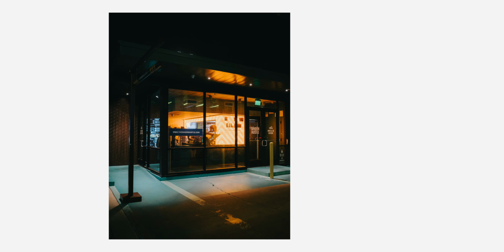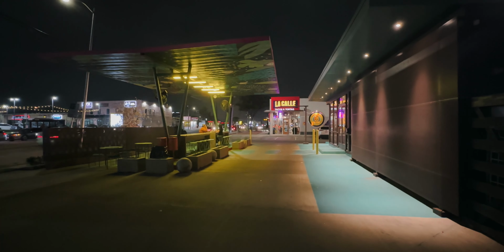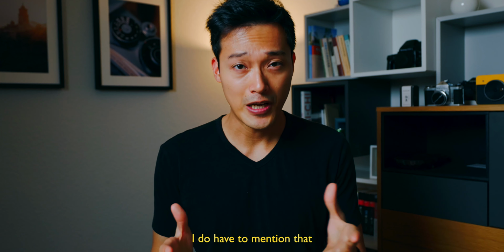Since I'm driving around, I usually park pretty close to the light source, and the 28mm gives me the flexibility to decide if I want a close-up shot or a wider environmental shot. Despite the inconvenience with all the driving and lack of people on the street, I do have to mention that